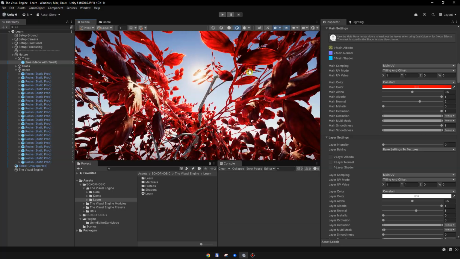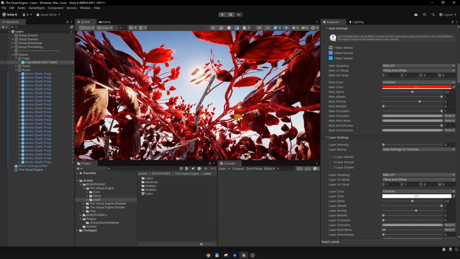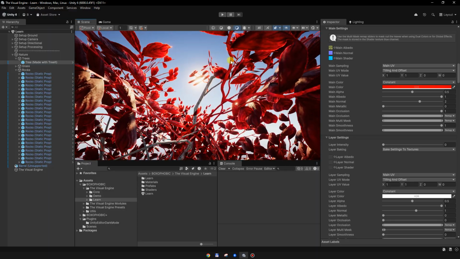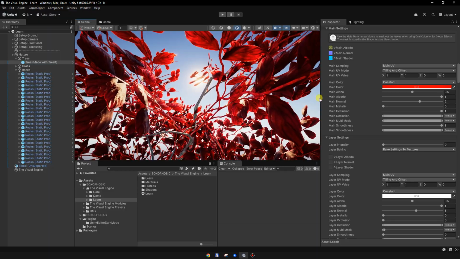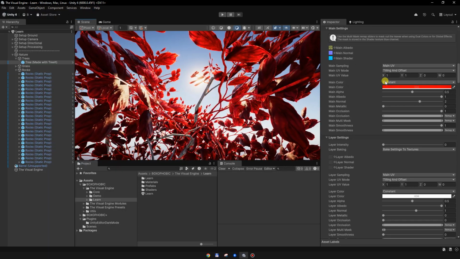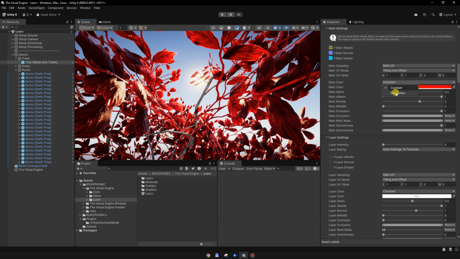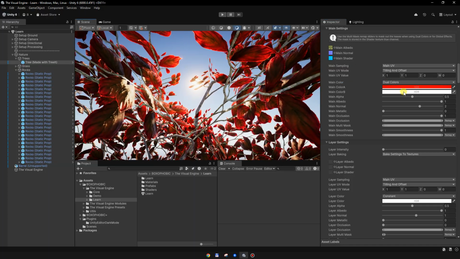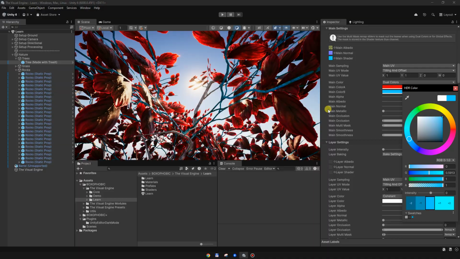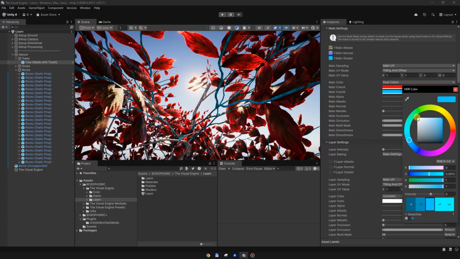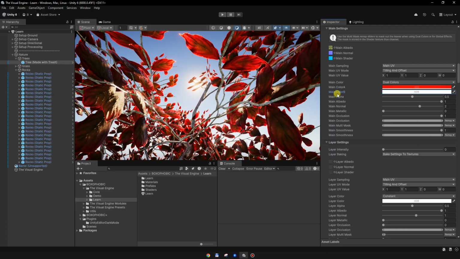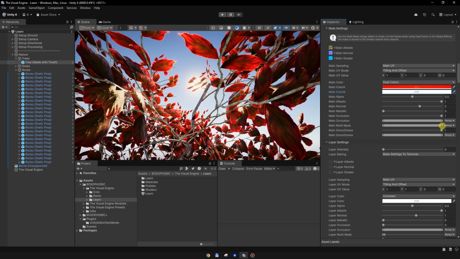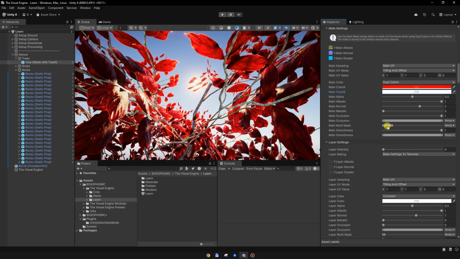All the small branches from the same texture are also colored in red, and we don't want that. So what we can do is change the main color from constant to dual colors, and now we have a second color which we can change as we want. And what is controlling this mask for these two colors is this multi-mask over here, and we have a remap